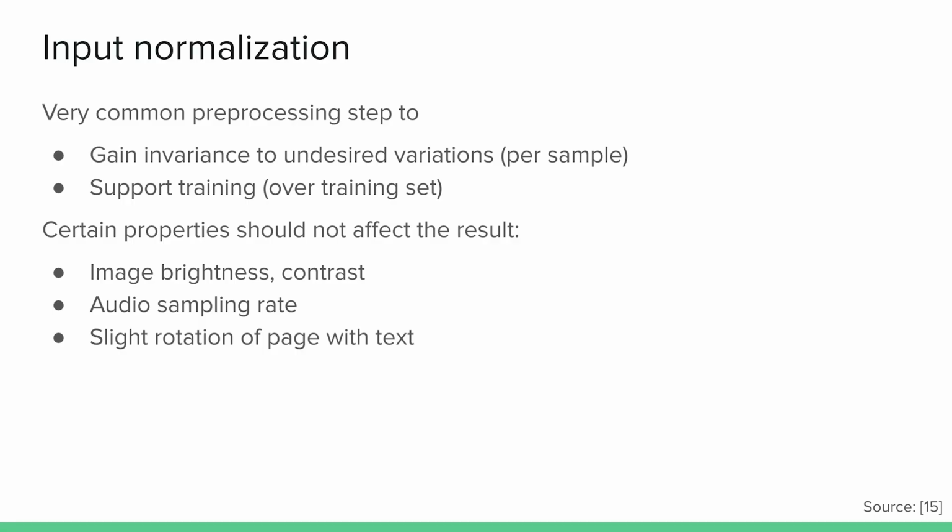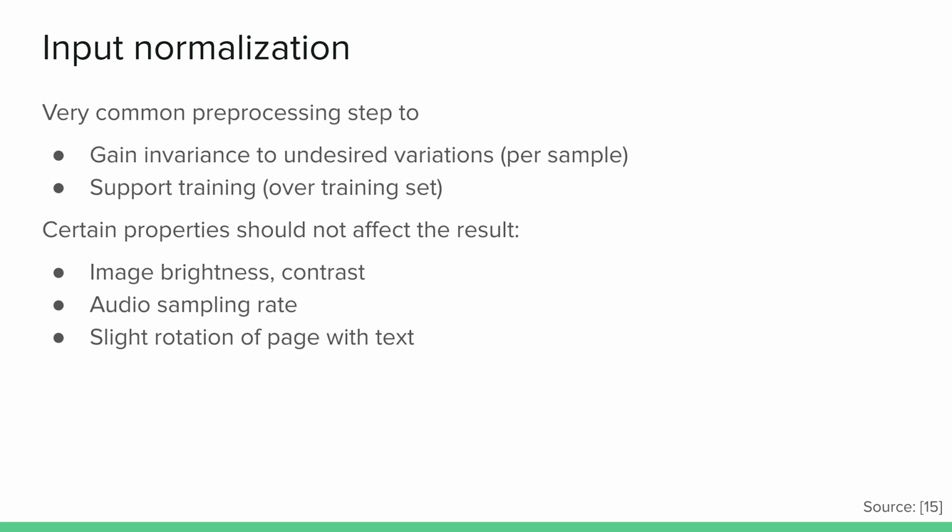Input normalization, as I just said, is one of the most common and most important input operations that you should definitely have in your network. It's a very common preprocessing step, and it helps us to gain invariance to some undesired variations per sample. So if you have an image that is a bit brighter or a bit darker, that slight variation shouldn't affect whatever we're trying to achieve. So we can gain some invariance to these variations, intra-class variations,